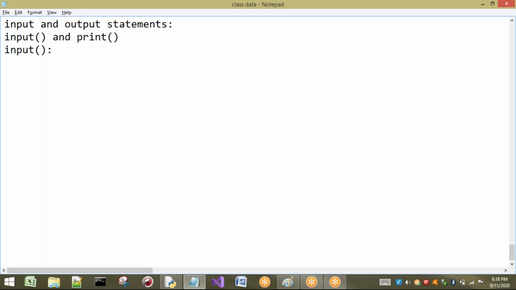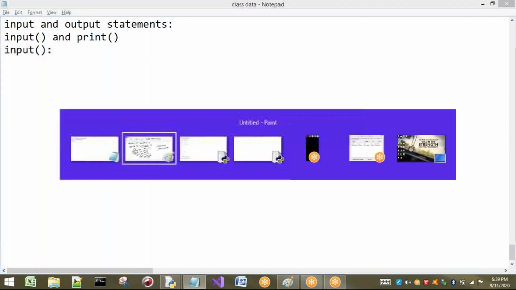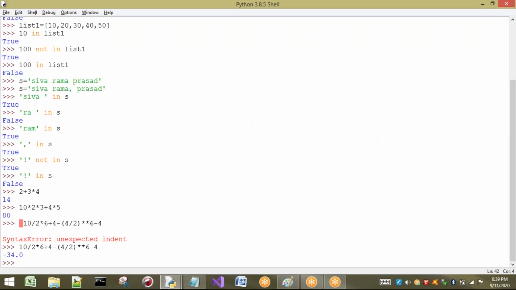Till now, up to session 16, we have not yet taken any input from the keyboard. Every time I have taken the input statically. See here, what is the value of list 1? 10, 20. I have taken it here itself, not from the keyboard.